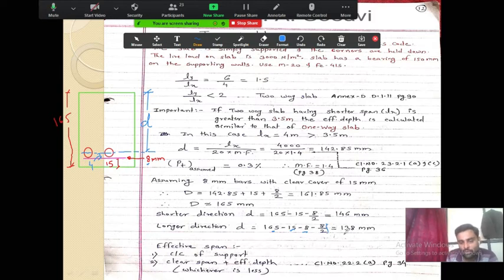So if you do all this calculation, you will get this value as 138 mm. So this is your depth in longer direction. Okay, so if I tell you in Marathi, काय नेमकं की तुम्ही आधी काय करणार आहात, तुम्ही आधी शॉर्टर डायरेक्शनचे